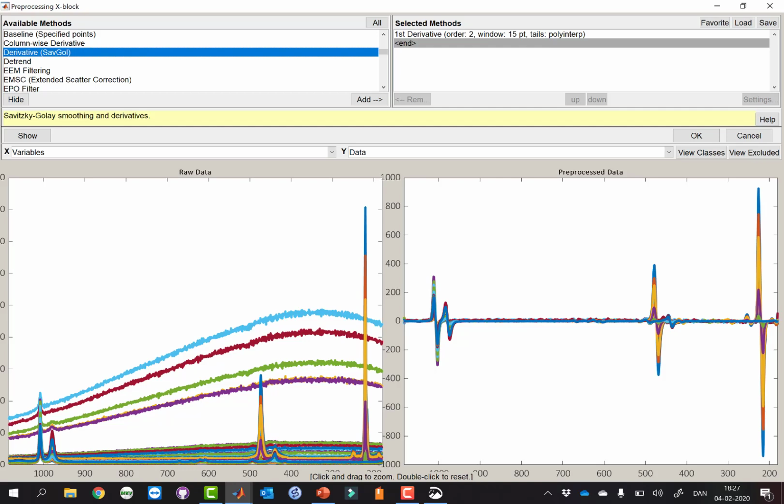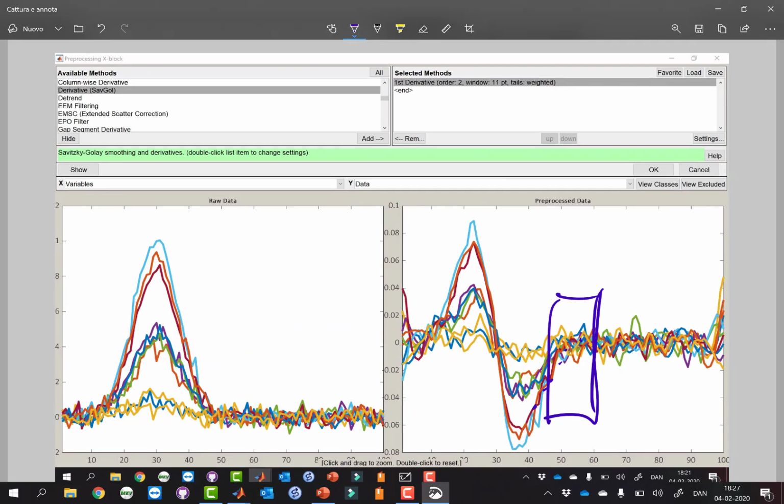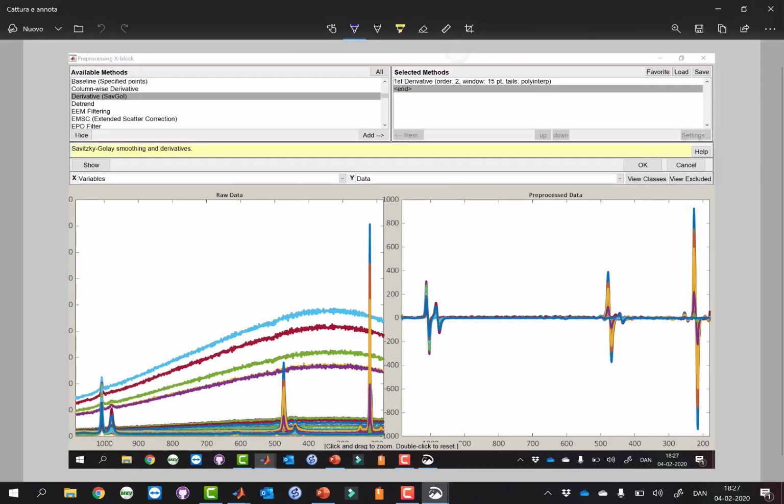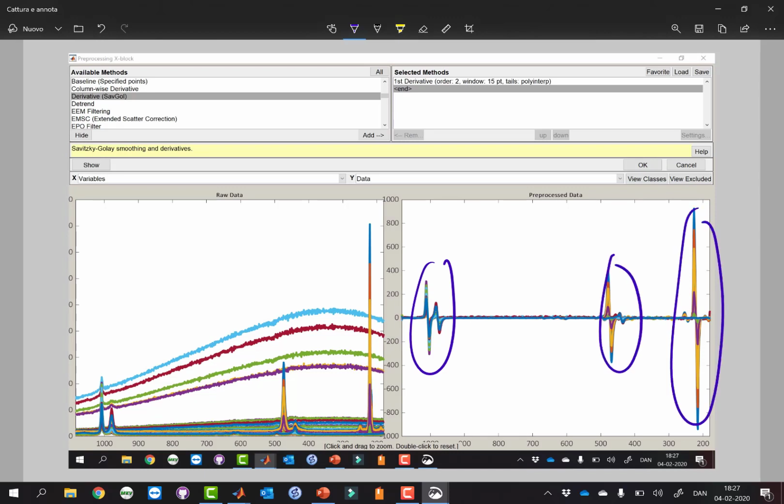Now imagine that you were doing, for example, PCA on the data without handling this fluorescence. If you do PCA on the data like this, the main variation is gonna be the fluorescence background. It has way more variance than the chemical information. Whereas here, you basically only see the chemical information.